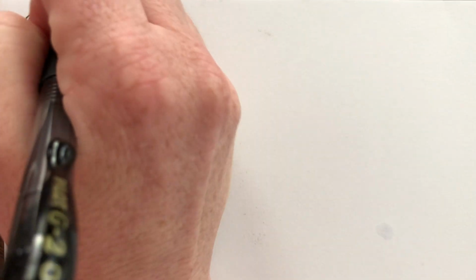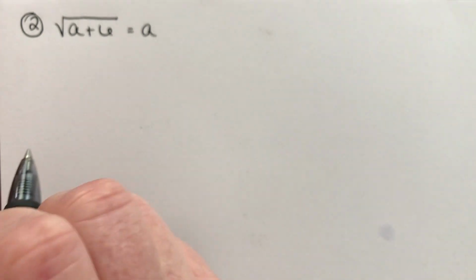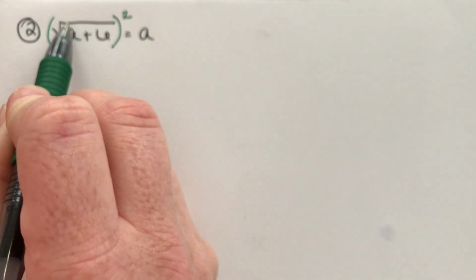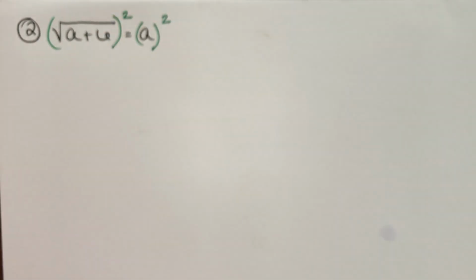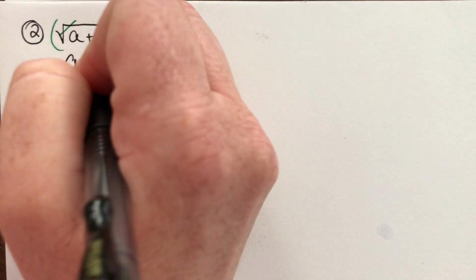If you're following along on the study guide, I'm doing number 2 first. This is square root of a plus 6 equals a. All right, to solve this, first thing we want to do is get the radical by itself on one side of the equal sign, and then to get rid of it, we're going to undo that radical, or we're going to square it, right? They're opposite operations. And whatever I do on one side of my equal sign, I have to do the same thing to the other. This squared sign and this square root sign cancel each other out, and I'm left with a plus 6